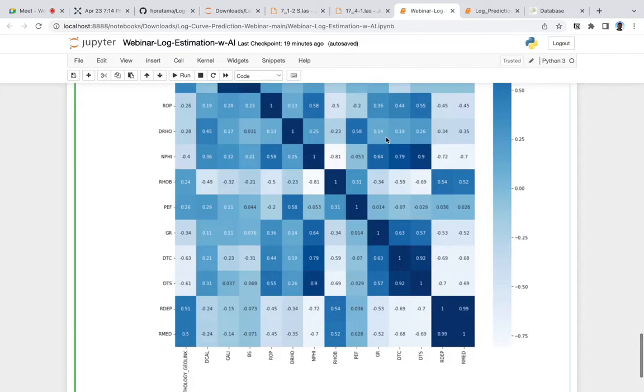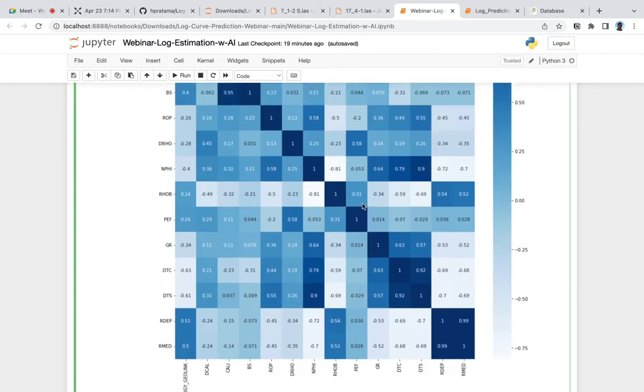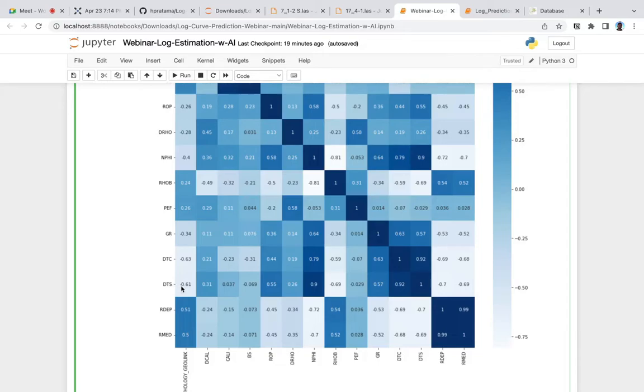So how are we gonna read this plot in here? As you can see in here, we have the DTS, and then the other well log data. And as you can see in the DTS row, this is the correlation in here. So the DTS correlation with the Caliper is 0.037, and then for the NP it is 0.9, and for the Robi it is 0.69, which is a higher correlation of the well log data with the DTS. It means our well logs have the influence to predict the DTS.